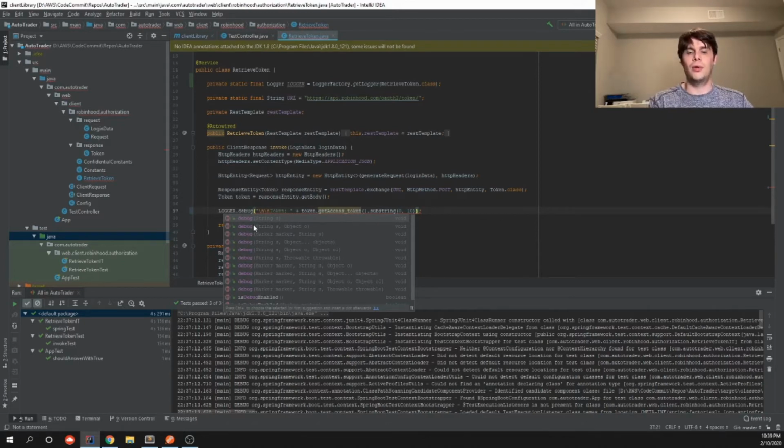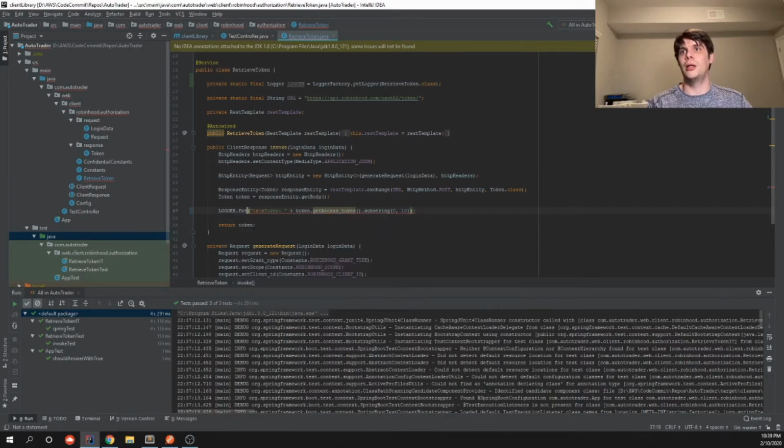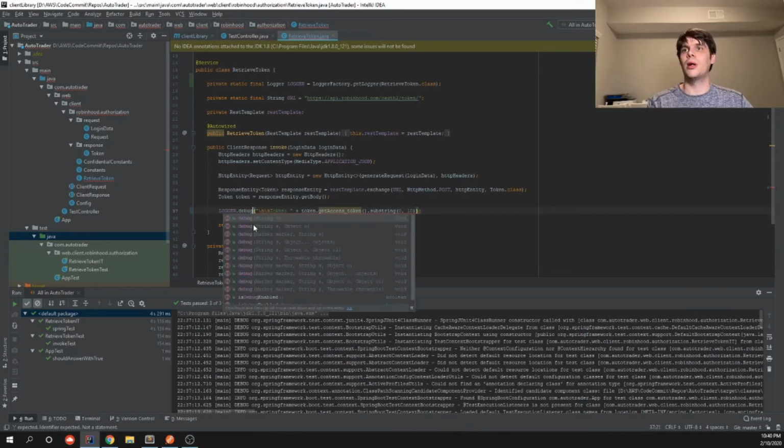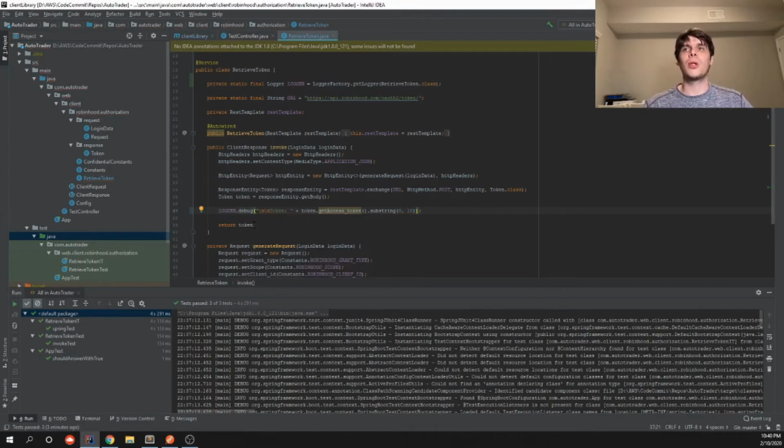So you have info, debug, trace, error, warn, and fatal is not one of them. So we'll do debug for this message. And log levels and logging is more of an art than a science sometimes. So sometimes you need to be cognizant that